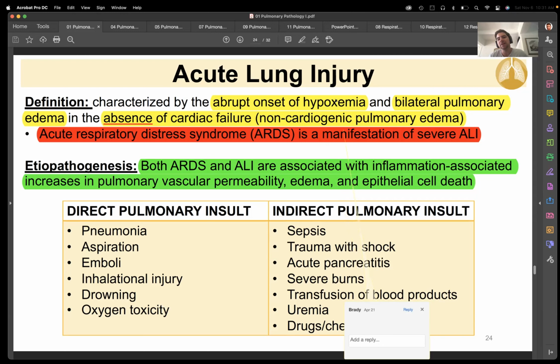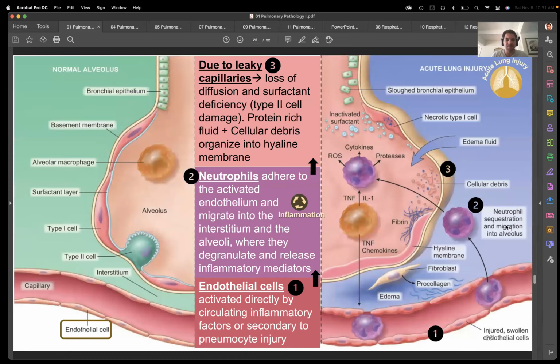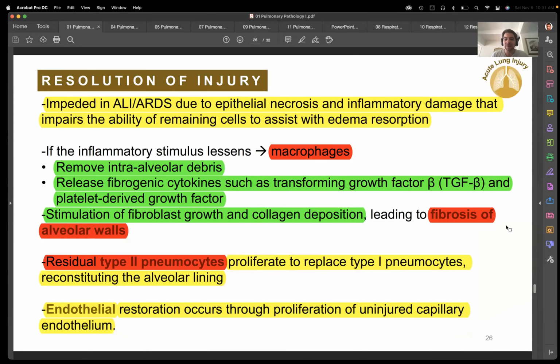Hypoxemia is low oxygenation in your actual blood. Okay, so that's the whole point. Hypoxia is one thing, but if you don't have that diffusion, you're going to get hypoxemia. So acute lung injury is one of those things that can be very bad very quickly. So you need to try to get the patient in a situation that's going to help to alleviate that. Problem is, once the macrophages get around and you start having fibrosis,